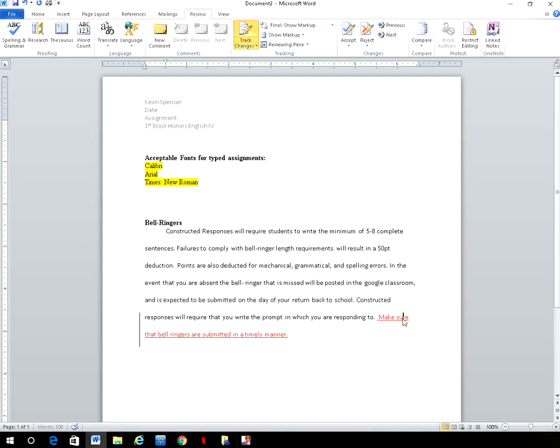So now I'm going to accept the insertion. That's how you'll be able to edit your peers' work and provide them with feedback on their assignments when I do allocate time for that in the lesson. So that's pretty much some things that you need to know concerning